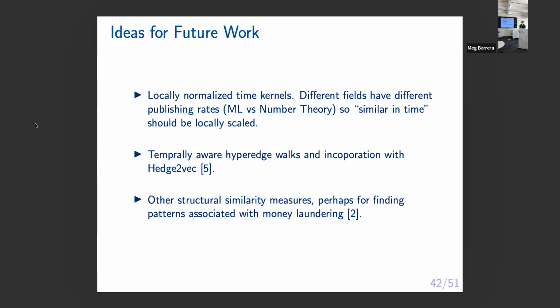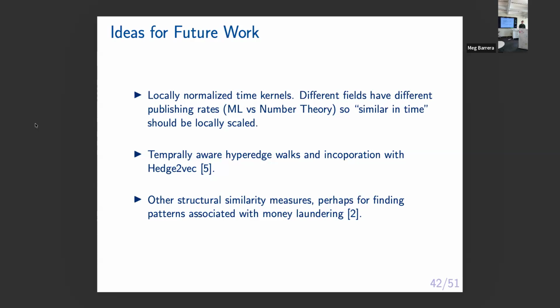So I said at the beginning that the rate of papers published was not extremely different over time. That would be important. You need to do some scaling on your time similarity if it was very sparse in one time and very dense in another time. But also doing this somehow locally.